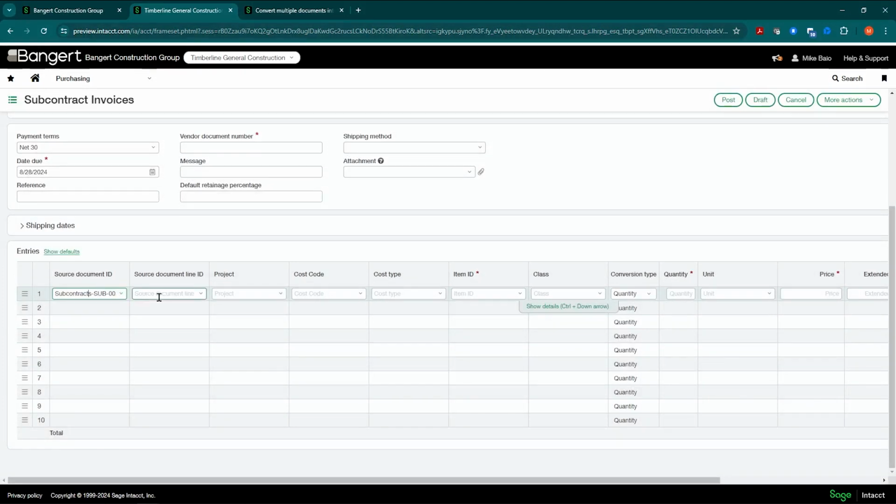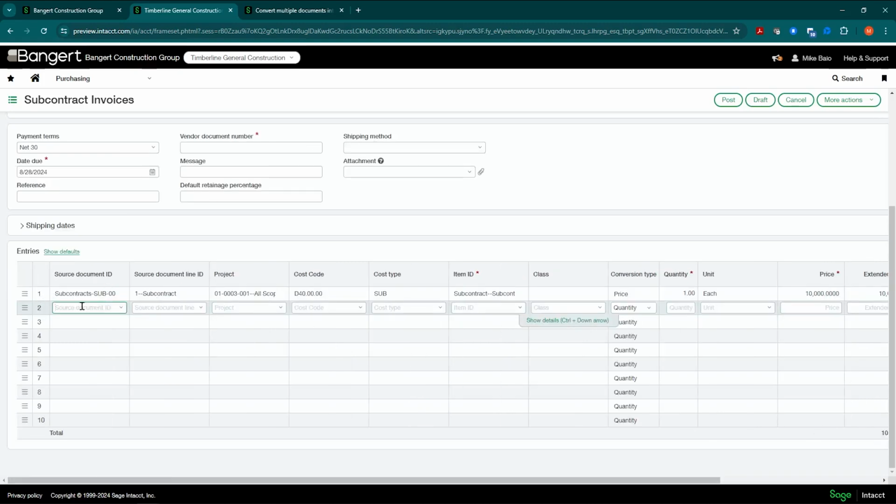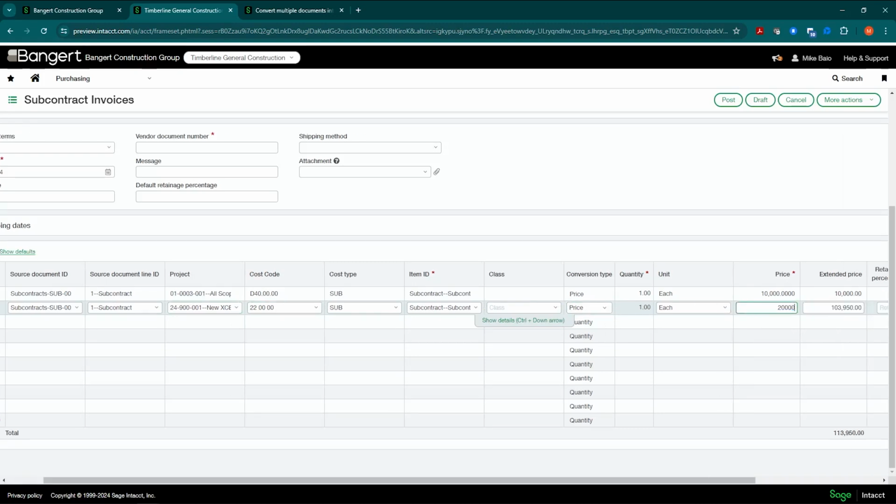And now, once I select that subcontract or purchase order, then it'll say, all right, which line on that document do you want to bring in? And again, I only have one line, but if I had multiple, maybe I'm just being billed for one of the lines. And now it pre-fills all the information in. And maybe they're just billing me for 10,000 here. And then I could do the same thing on the next line. Go grab a different agreement, grab my line, and that's going to pre-fill in all the coding. And there's 2 jobs there, all in one bill. And I can say they're billing me for 20,000 of that.